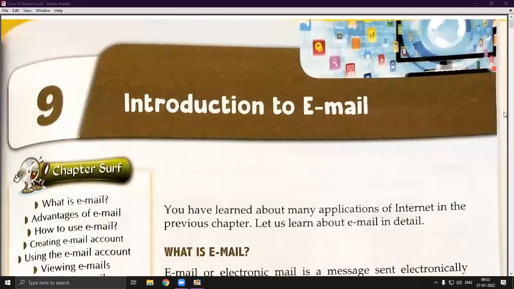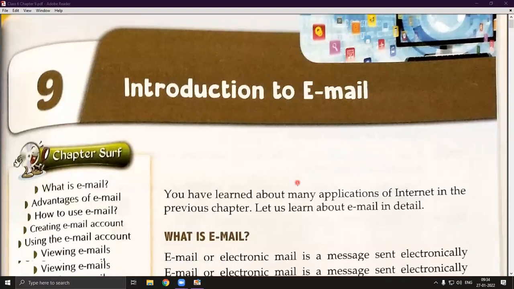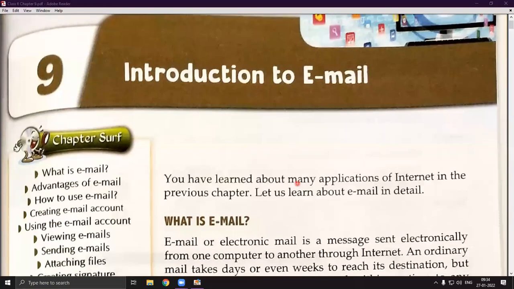Email stands for electronic mail, in which we send a message from one computer to another computer, or you can say from one device to another device, any electronic device. But we use the internet on it. That's why it is known as electronic mail. It was developed in 1971, and you might be surprised to know that in the invention of email, an Indian boy was engaged.